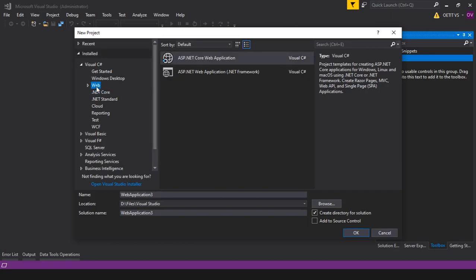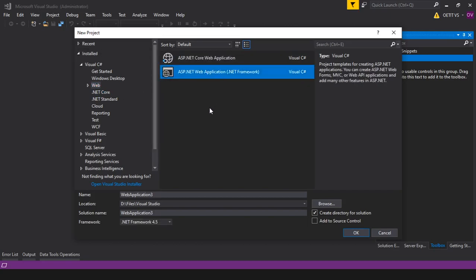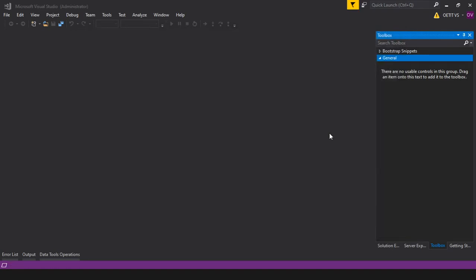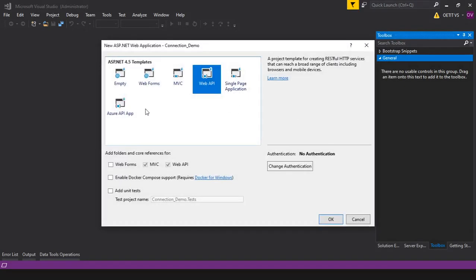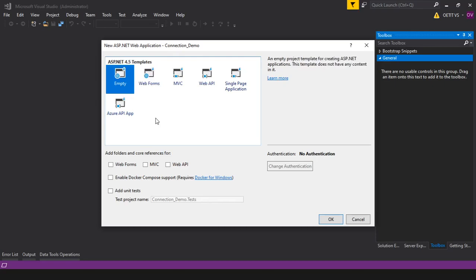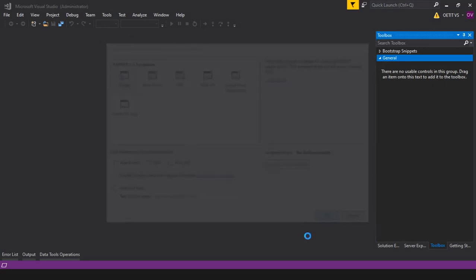For today I am going to take a new website and give it a name: connection demo. This one you know very well. .NET Framework 4.5 we are using. Here you need to take an empty website, or you can take one with a web form, but empty will be okay, and you can understand it properly. Click OK.